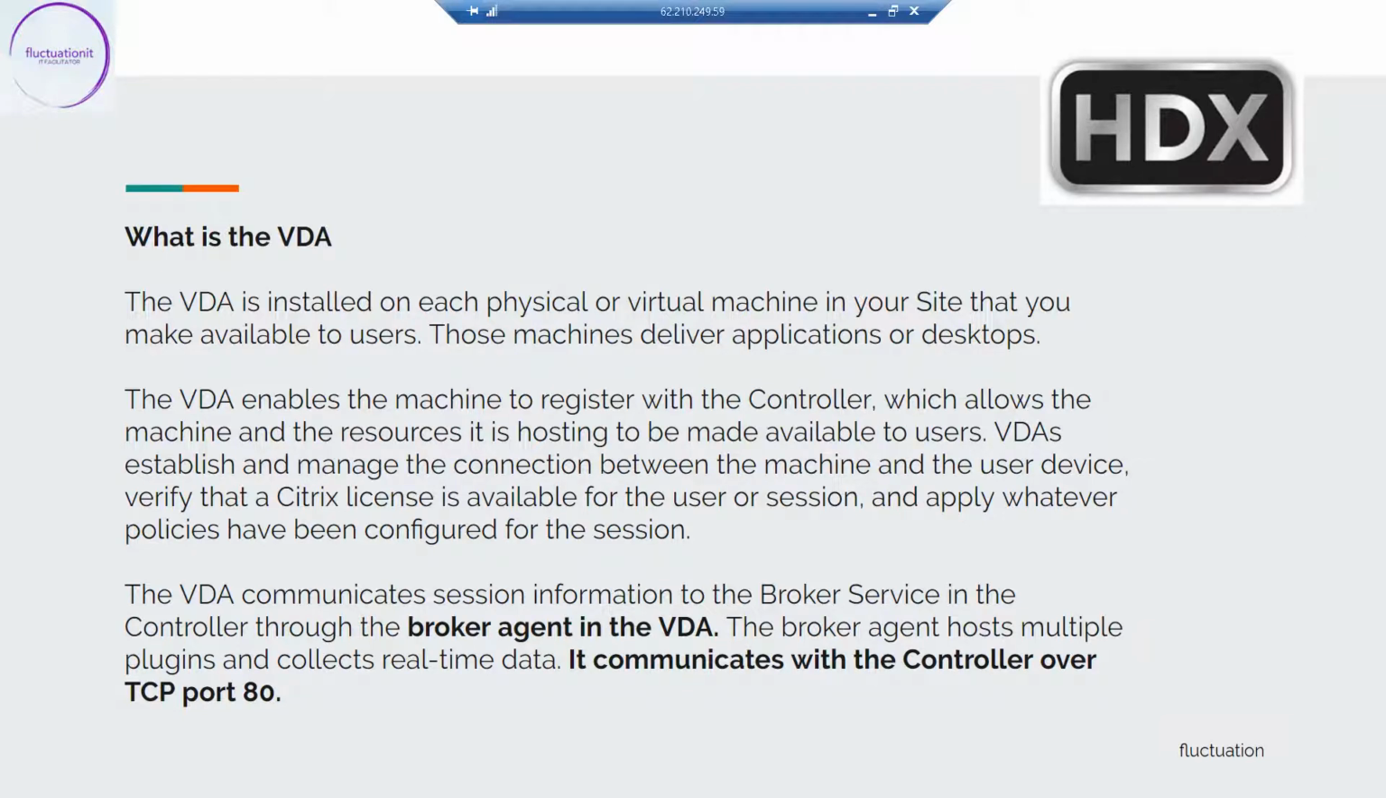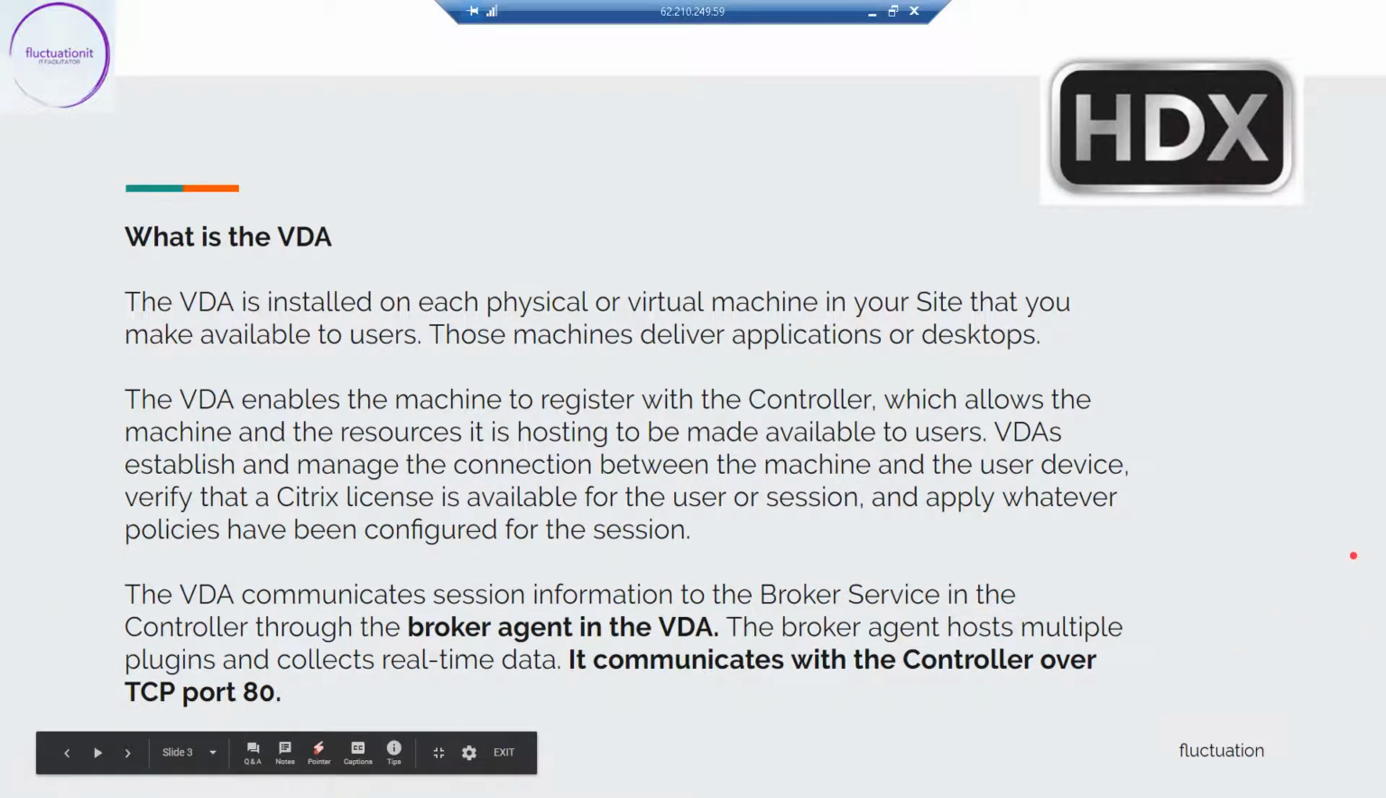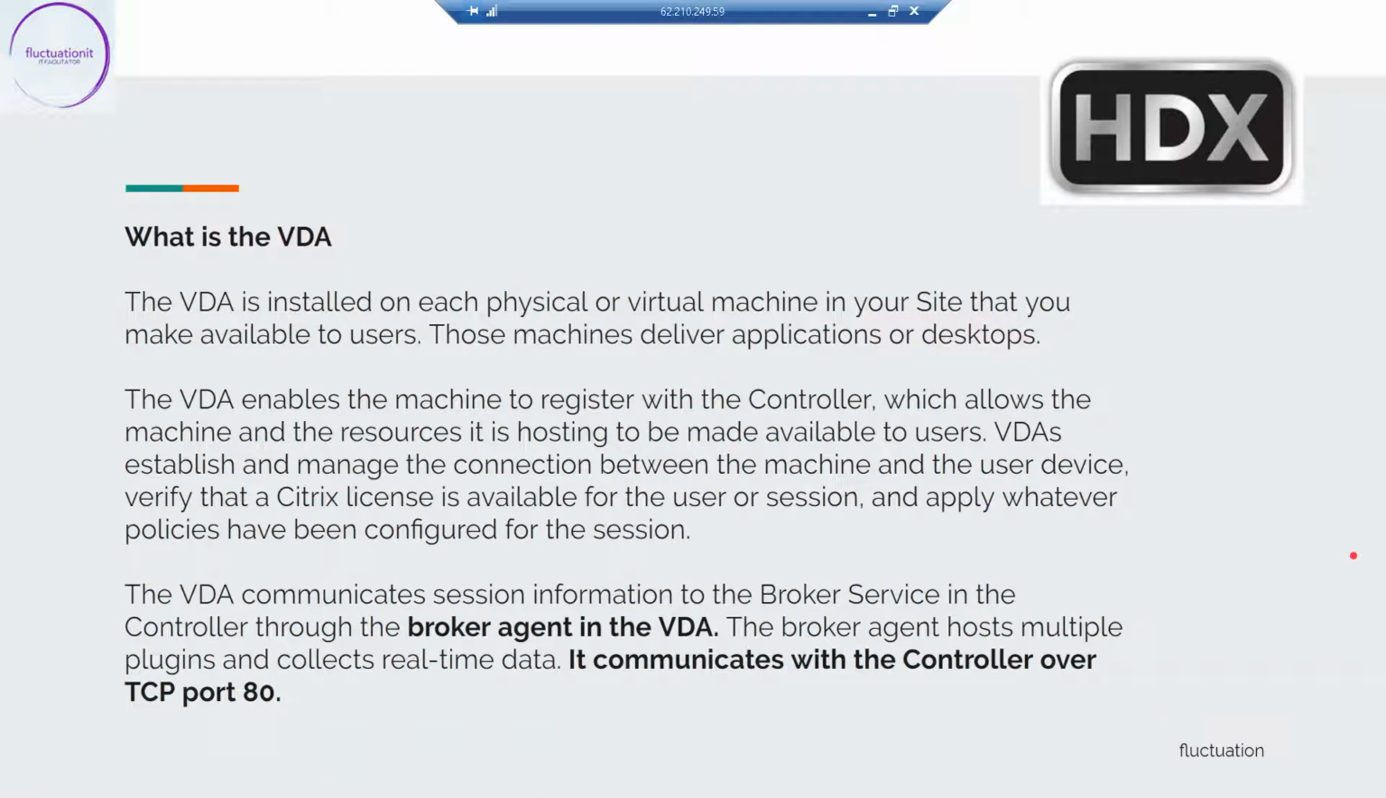Okay, so the controller now knows that there are 200 VDAs, and that when the user connects, if it's in pool mode, the broker will say, okay, take the VDA that you want. I have 200, of course. And if I run an Excel application, of course, here I have my VDA with my server. So the VDA enables the machine to register with the controller,